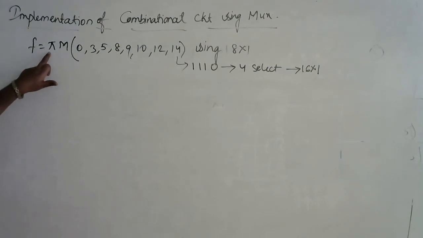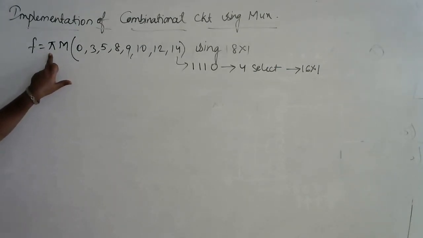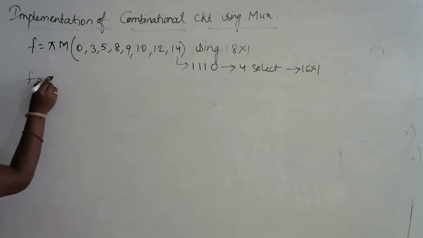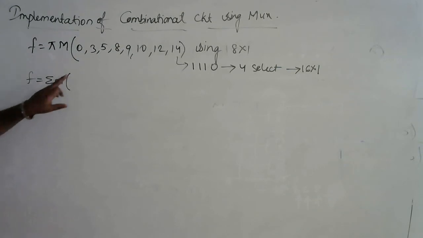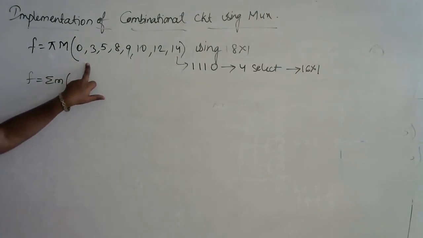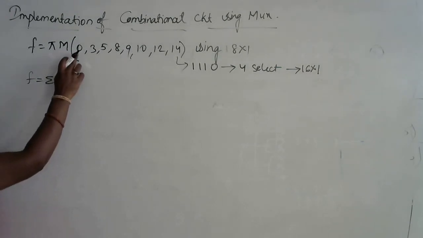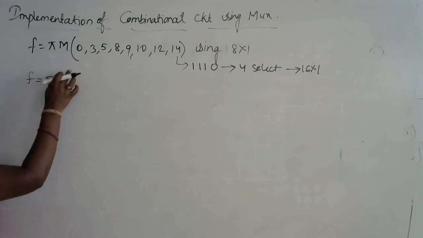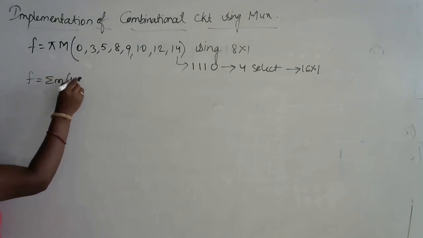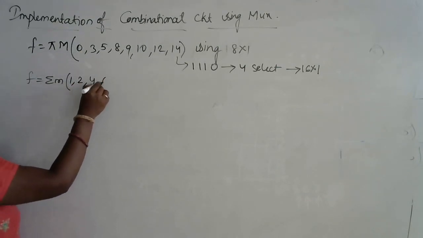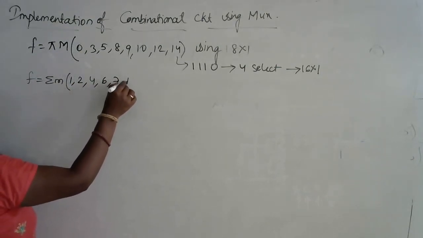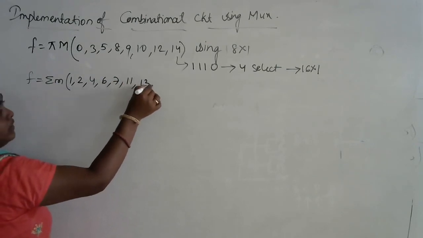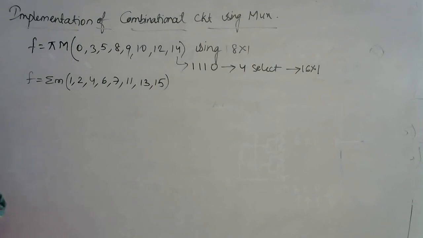And the question till now was sigma m, that is an SOP expression, but now it is pi m. As we know that SOP and POS are quite opposite, I can write down the same thing, f is equivalent to sigma m. Whichever numbers are not present in the POS will be in the SOP. As it is a 4 digit number, the numbers will be from 0 to 15. 0 is there, so we should not write down 0. 1, 2, 3 is over here, 4, 6, 7, 8, 9, 10 are there, 11, 12 is there, 13, 15. So this is an SOP expression.